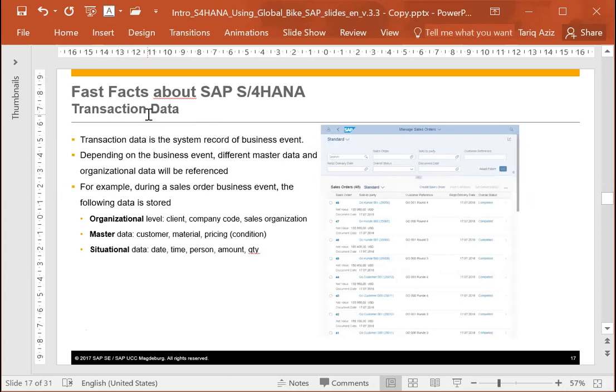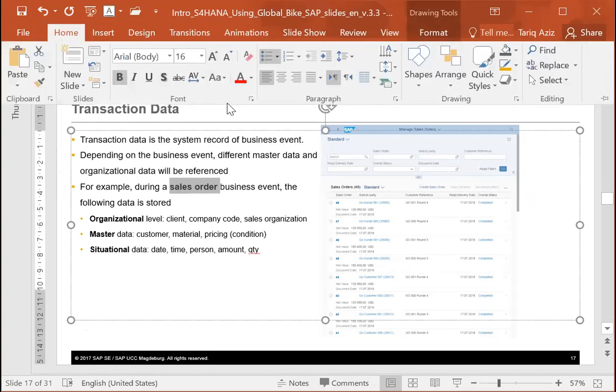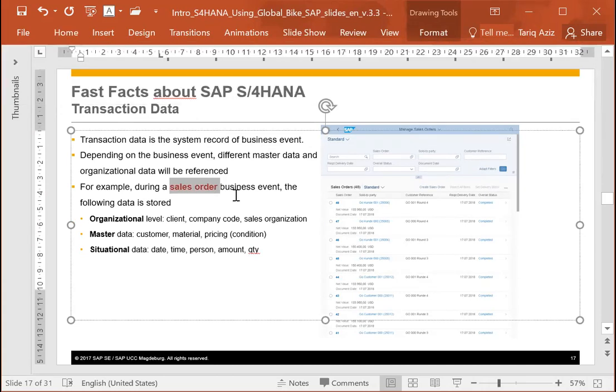Then we have the transaction data. Transaction data is one-time data, guys, one time. The example is, do we have any example here? Okay, we do have the example. Sales order, you know that? Sales order is an example. When you create the sales order or purchase order, invoice,